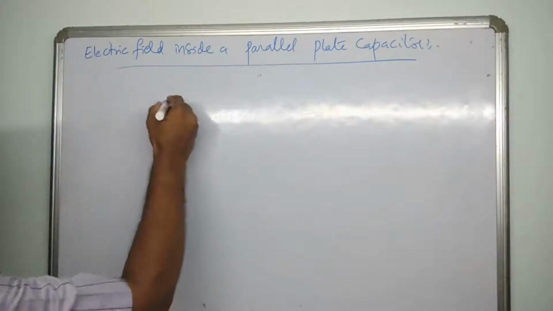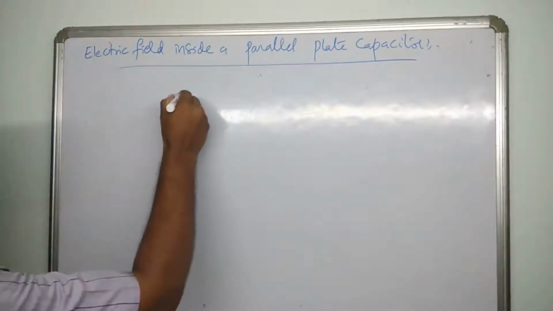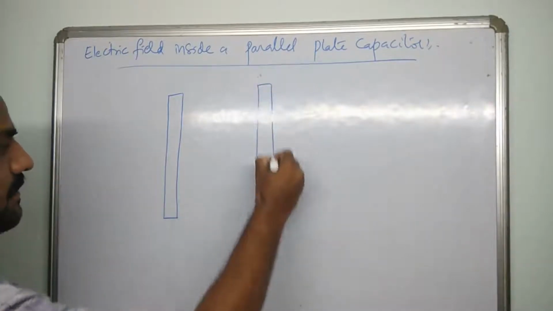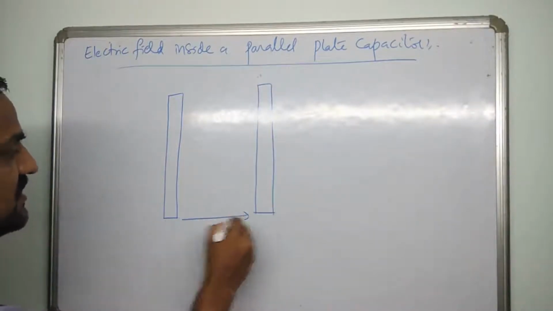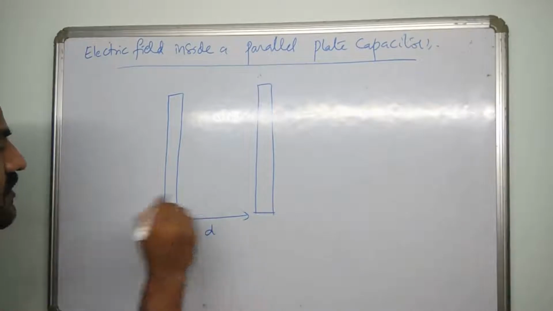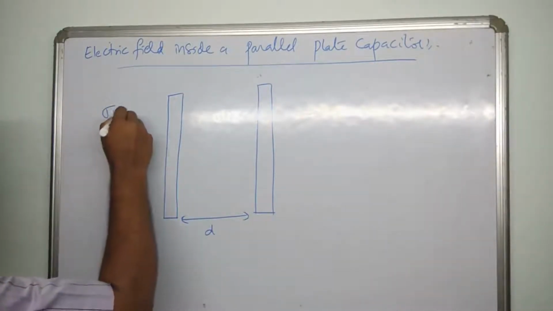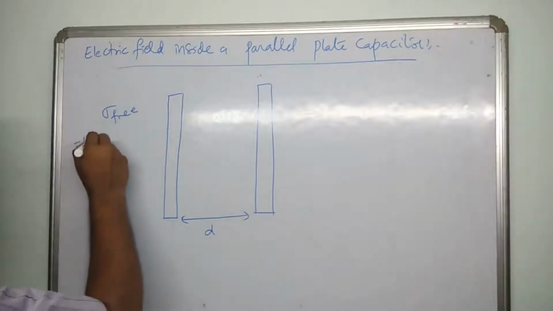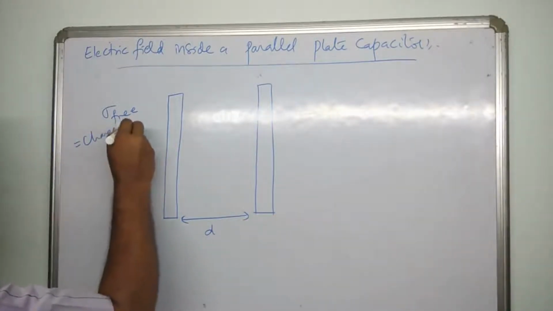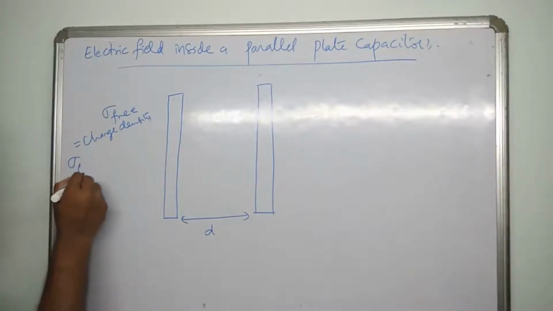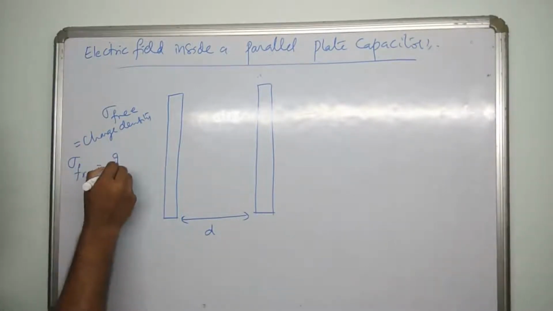So, once again, I'll use a set of parallel plates, each having area A, separated by distance d. They have the charge of sigma free. This is the charge density. Charge density, sigma free, as we know, is Q free divided by area